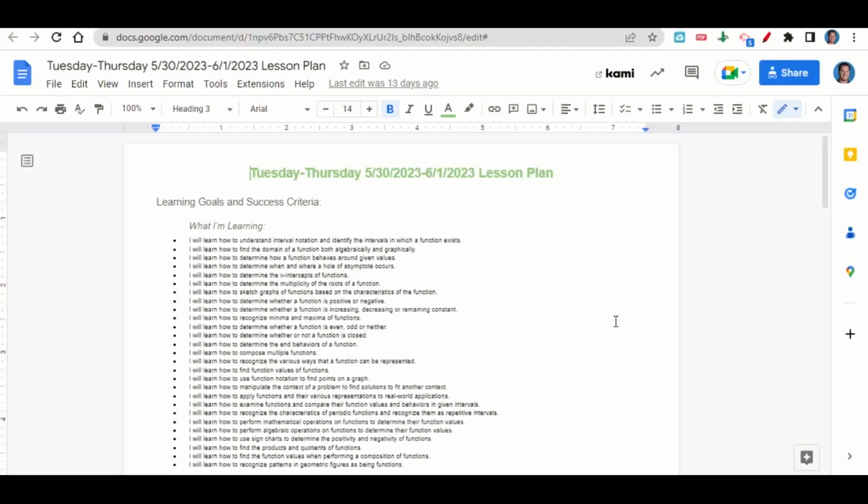Welcome, everyone. Let's begin our lesson for today by going over the learning goals and success criteria. First, what are we learning? We're learning how to understand interval notation and identify the intervals in which a function exists, how to find the